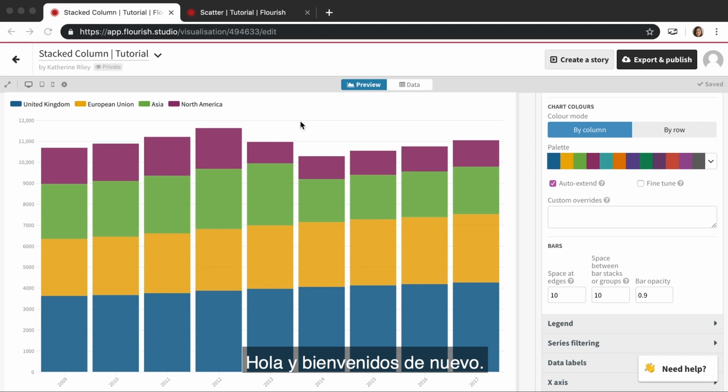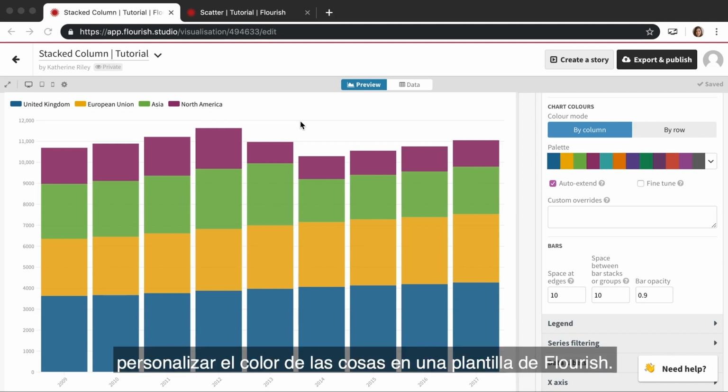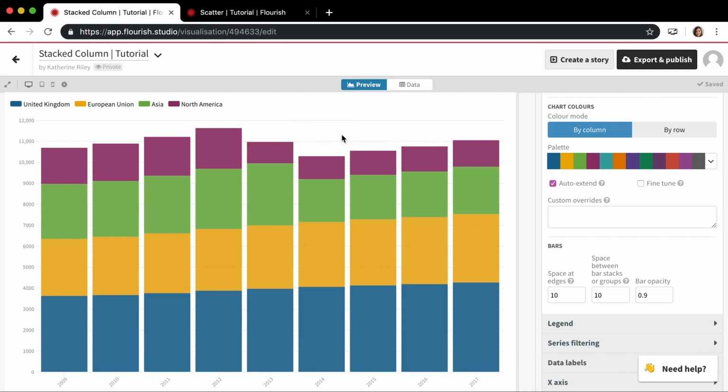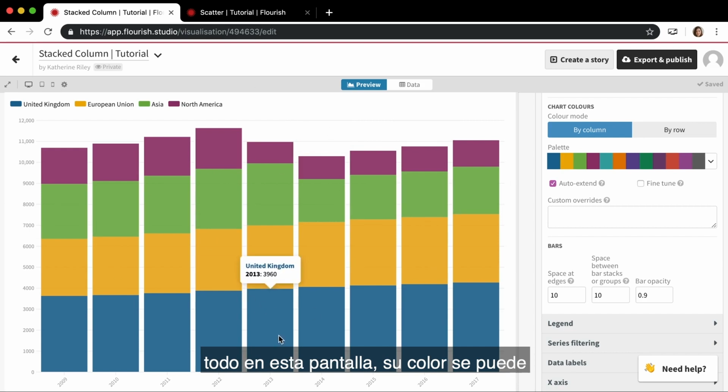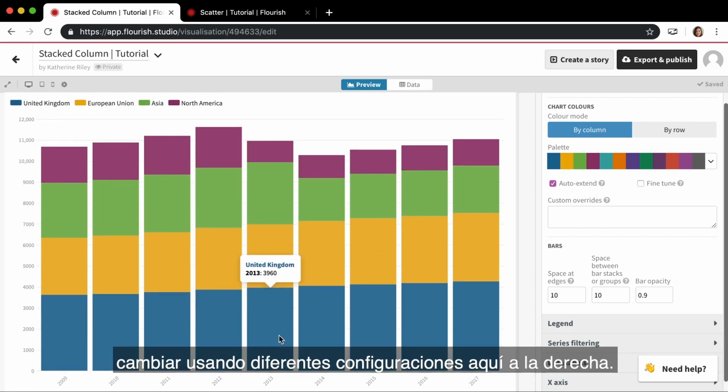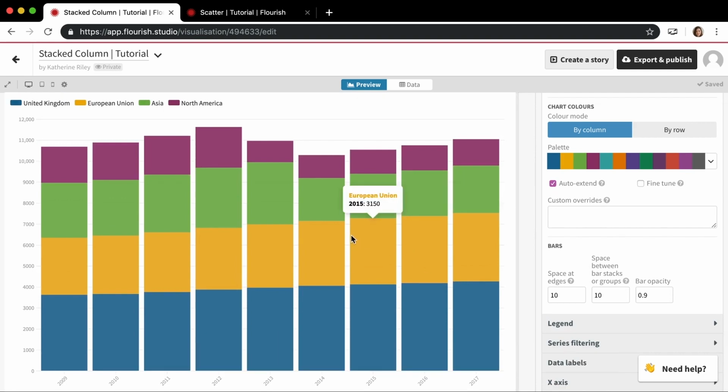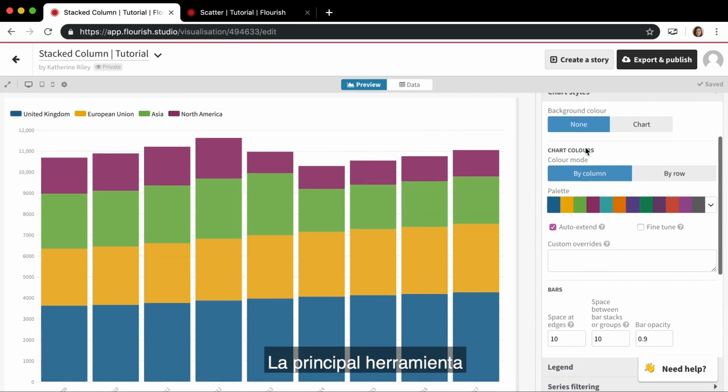Hello and welcome back. In this video, I'm going to talk about color and how to customize the color of things in a Flourish template. So the first thing you should know is that pretty much everything on this screen, the color of it can be changed using different settings over here on the right. The main color tool that we have in Flourish is